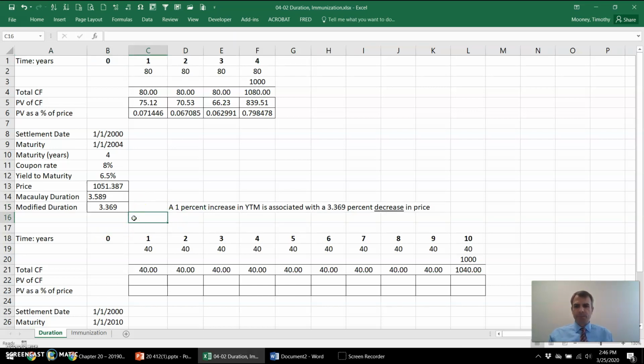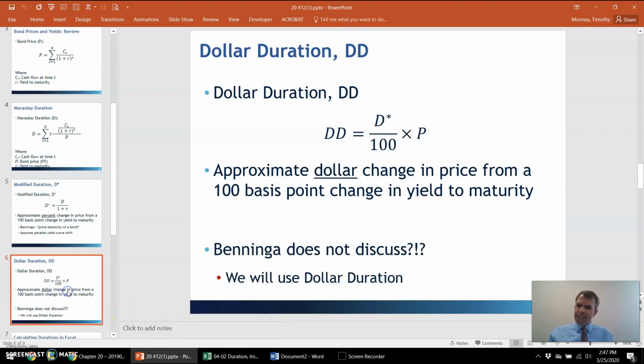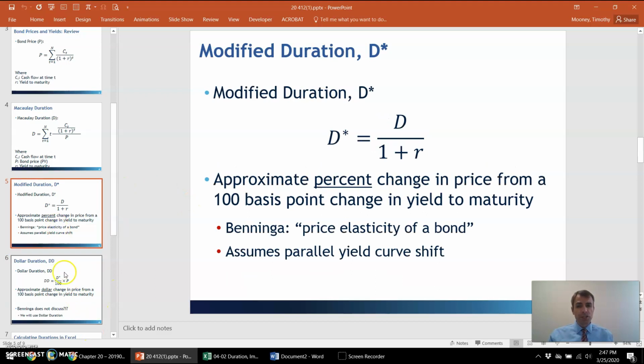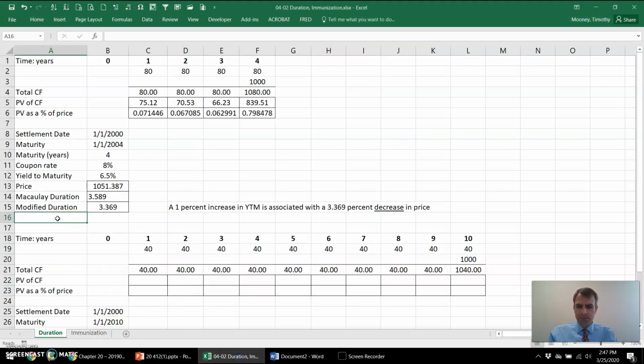All right. So we'll use modified duration as a measure of interest rate sensitivity. And let's actually look at this other duration measure, dollar duration. Instead of measuring the change in a bond's price as interest rates change in percentage terms, like modified duration does, we could measure it in dollar terms. Not in the textbook, but it's used all the time, so let's do it. Why don't we make a little place to put it, dollar duration. What it is, you just take the modified duration divided by 100 and then multiply it by the bond's price,